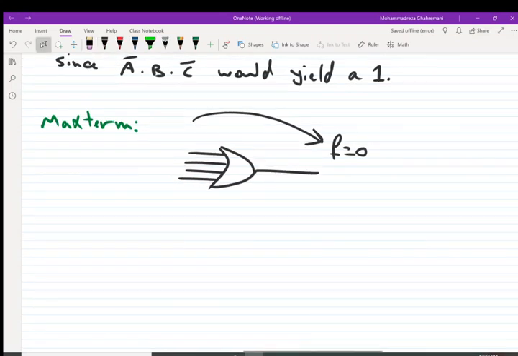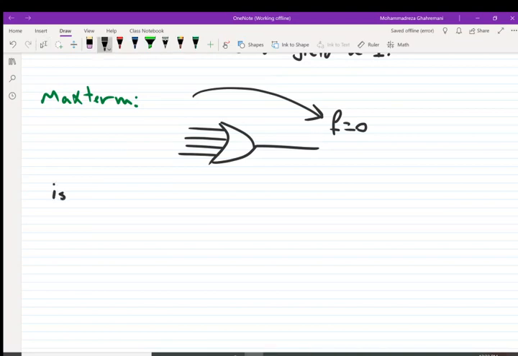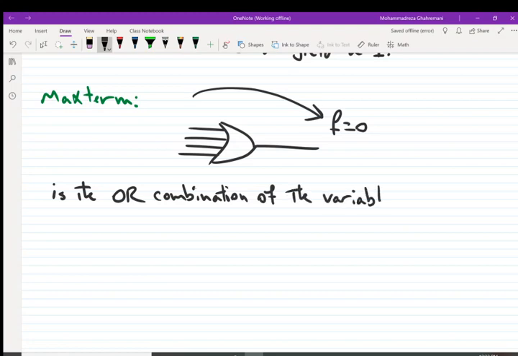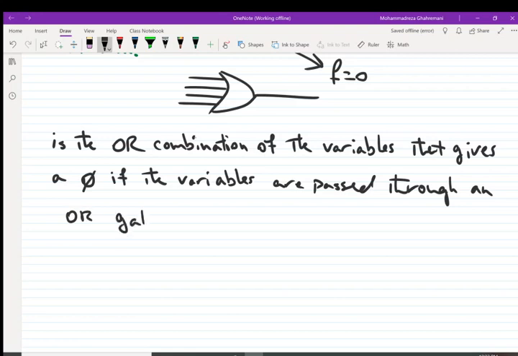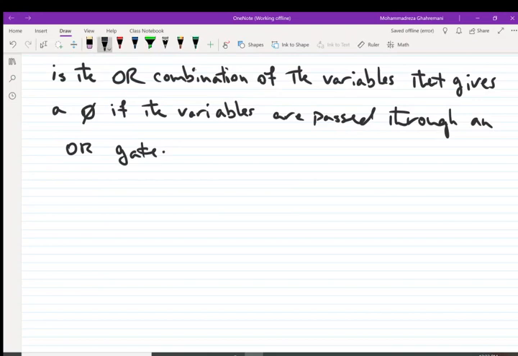Okay, so first let's write the definition of Maxterm. We know that Maxterm is the OR combination of the variables that gives a 0 if the variables are passed through an OR gate. Okay, for example,